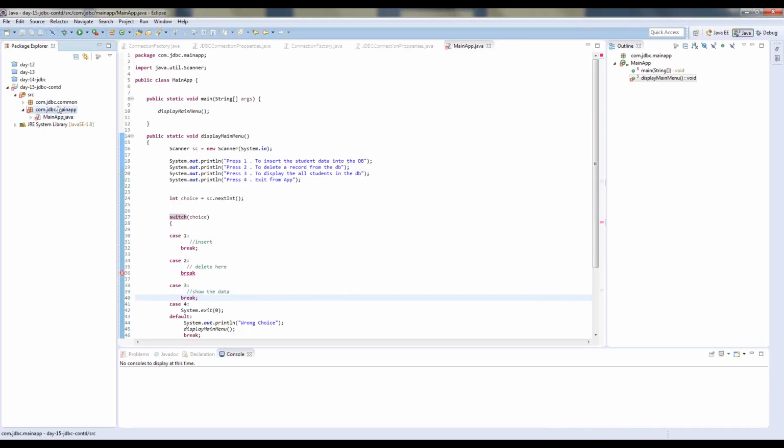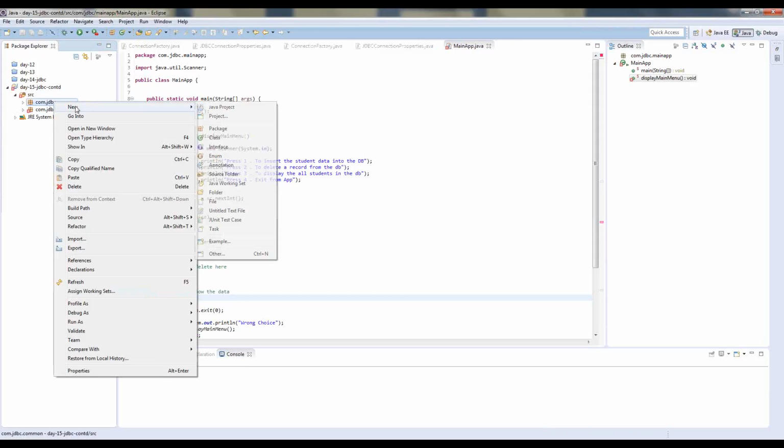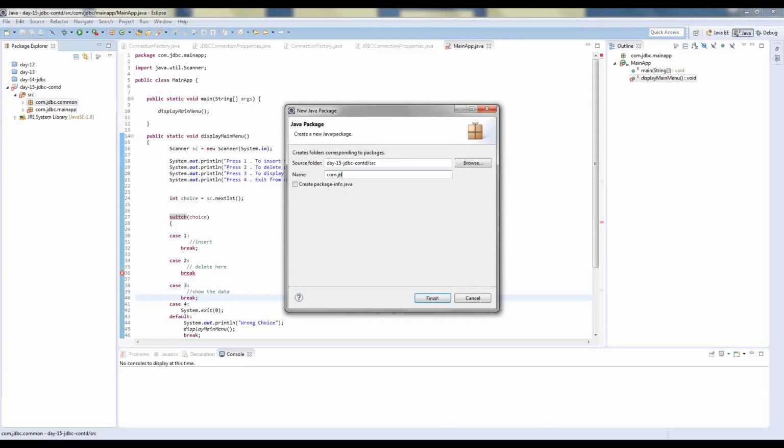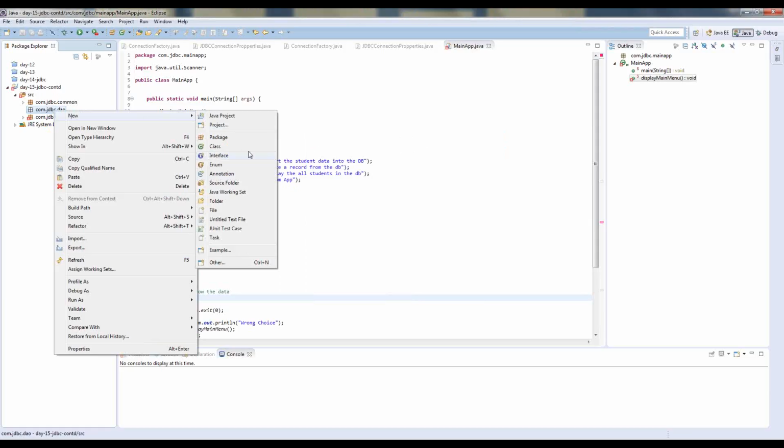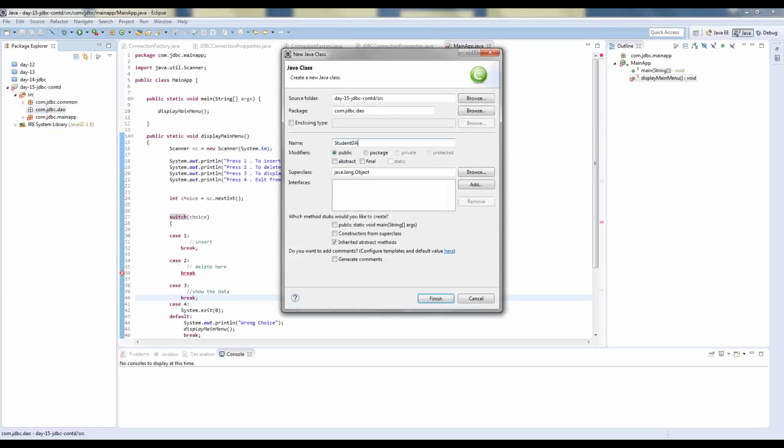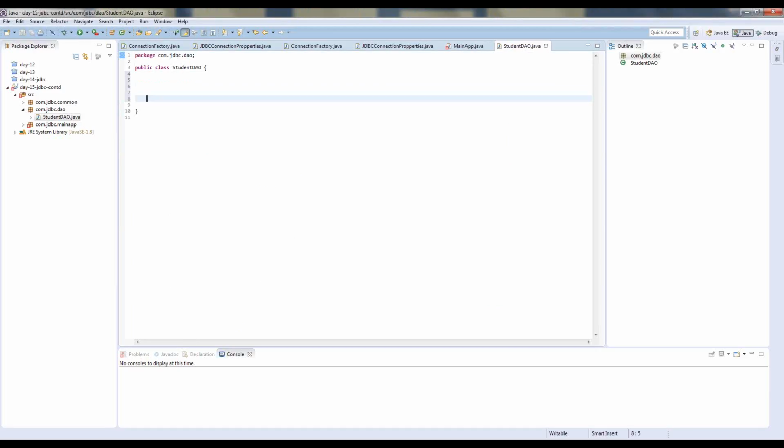Okay, so what I need to do is provide different operations. What are the operations I can provide? In the package com.jdbc, I'll create a data access object class, StudentDAO, and inside that I will write 3 methods. First method is to insert the data: public static void insertStudentRecord. And then public static void delete